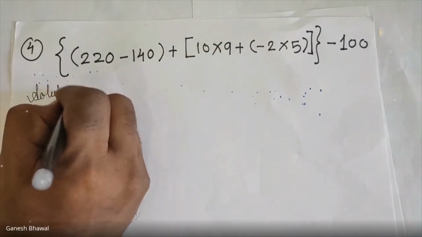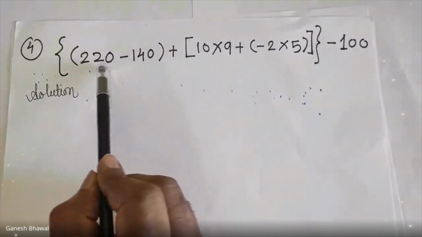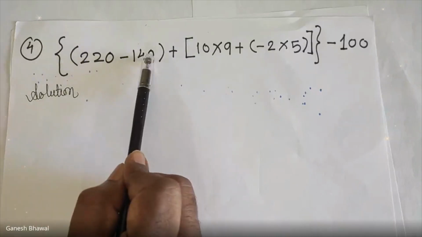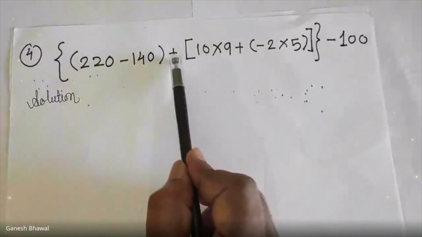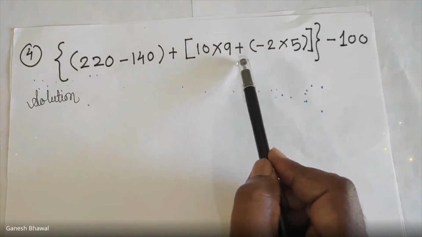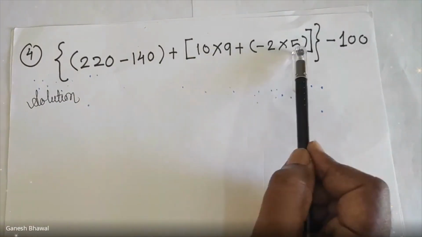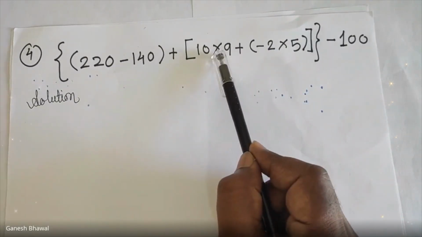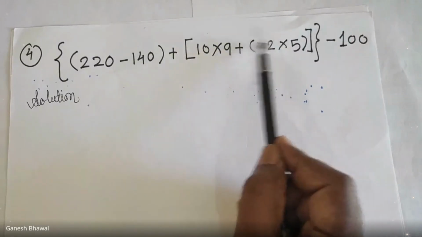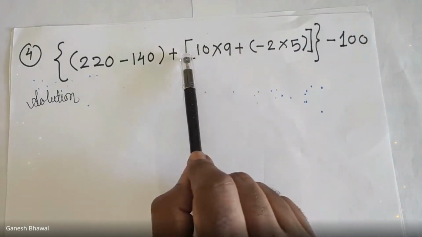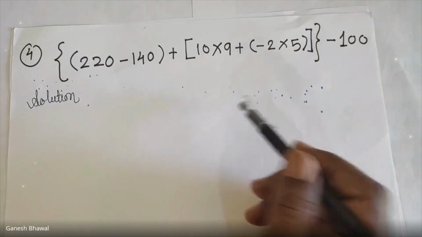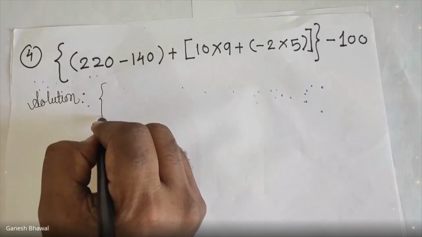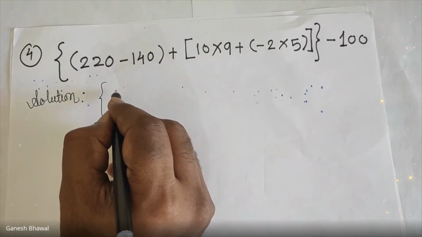Write down the solution. If we see, here is a simple bracket, so this bracket we can solve. Then we will write plus sign, and this bracket we can solve. After that, this multiplication we will do, then we will add the answers, and whatever things we can do, we will do further. So first thing is we will subtract these. Take this curly bracket as it is.